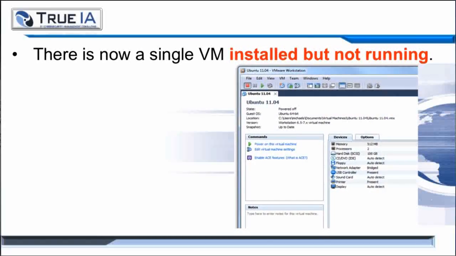After the standard installation of whichever operating system you've chosen as your guest OS, we just happened to choose Ubuntu Linux, now you have your installed machine sitting there in VMware Workstation, ready to do whatever I need it to do, whether it be research or maybe I just want to play some games that are only available on Linux and I can't run somewhere else. It's there for me to have. It's stored as a basic system file.